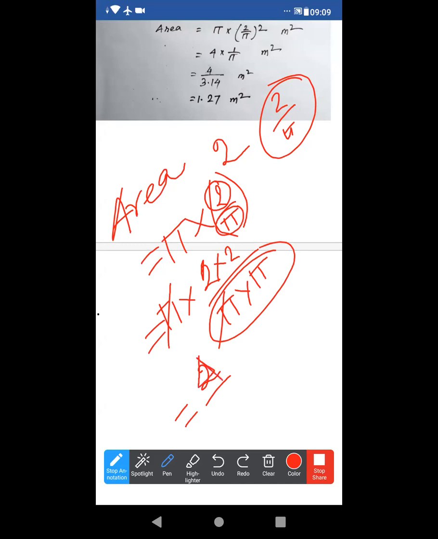Directly I am writing 4 by 3.14, which is 1.4. After the decimal you can't say fourteen. After the decimal, you have to pronounce the digits individually: 1 and 4. Okay, 1.4.